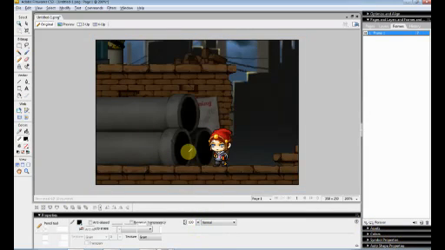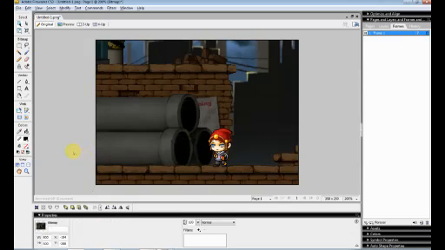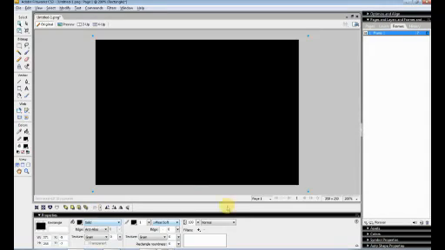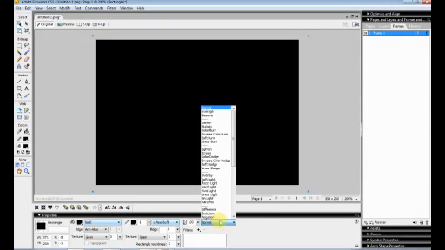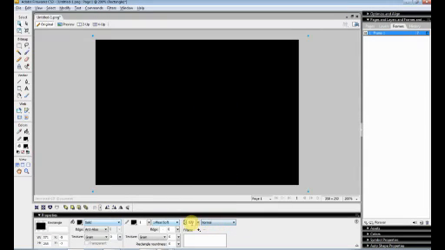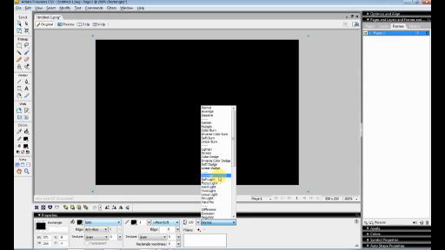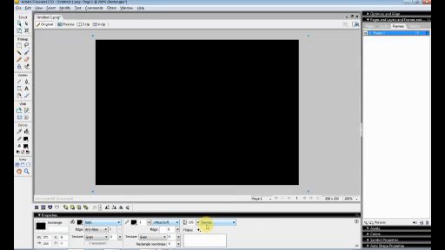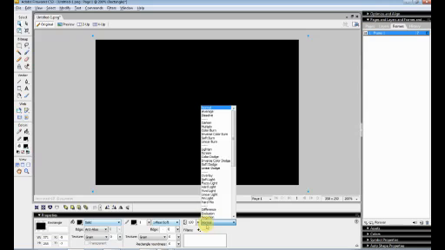So to fix this, what I usually do is, okay, did I use the wrong thing? Yes, I did. We're going to go to this little filter tab, right next to the opacity of the object selected, and you see all these little options here. Right now it just says normal, so that is a black rectangle with black outline. We can change how it blends with the other layers. This is called